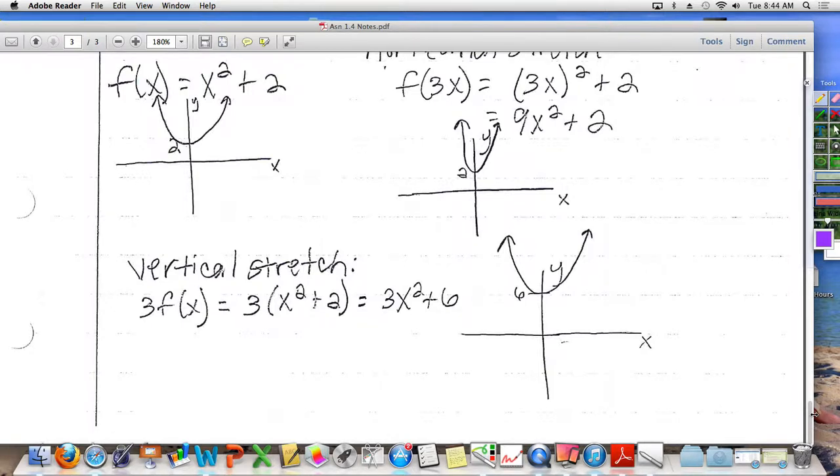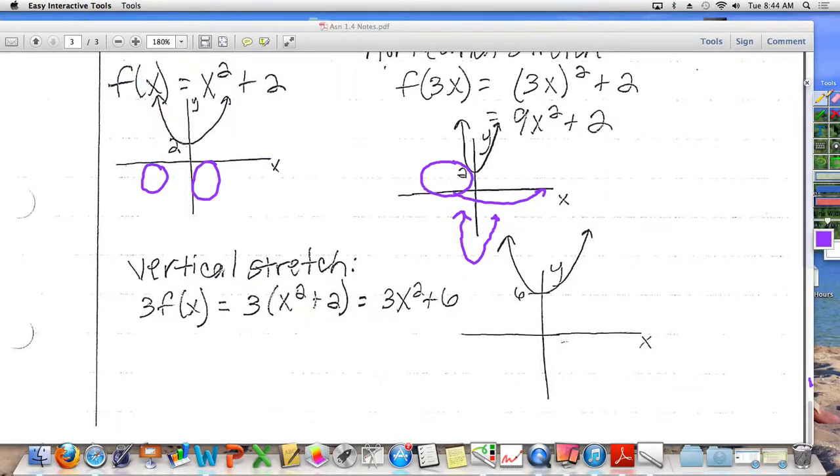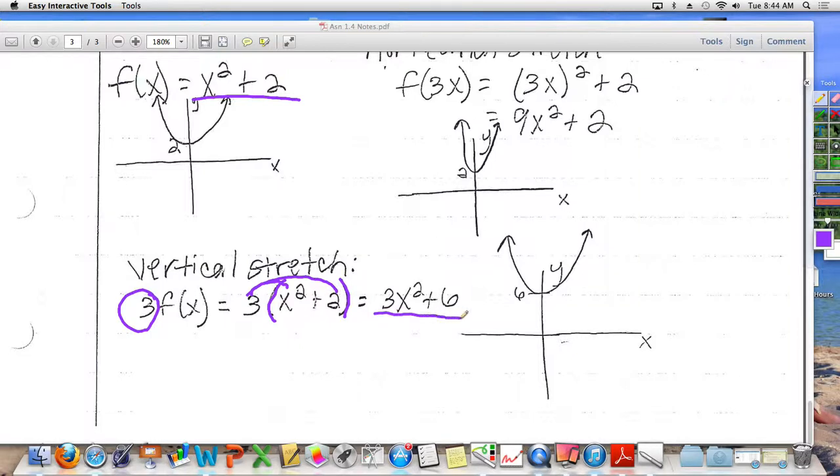So our original function, remember, was x squared plus 2. If it's x squared plus 2, you need to multiply that entire function, x squared plus 2, by 3. The 3 is outside of the value of the function. So we're going to take 3 times x squared plus 2. I distribute the 3 in, giving me 3x squared plus 6. My parabola gets shifted up 6 units rather than 2 units. And it is not quite as skinny as it was in this picture right here, but it is still skinnier than the original parabola. Because now we have a 3